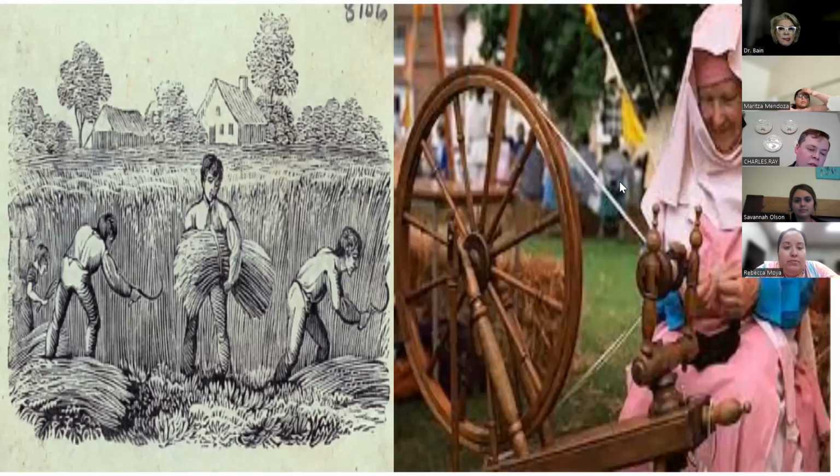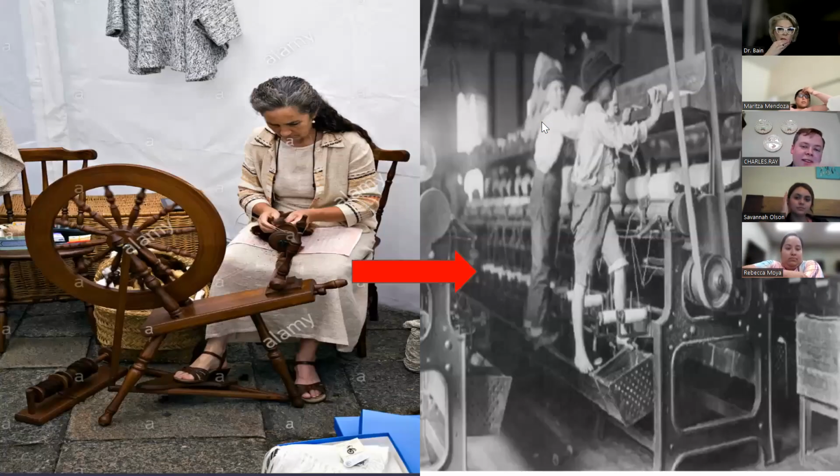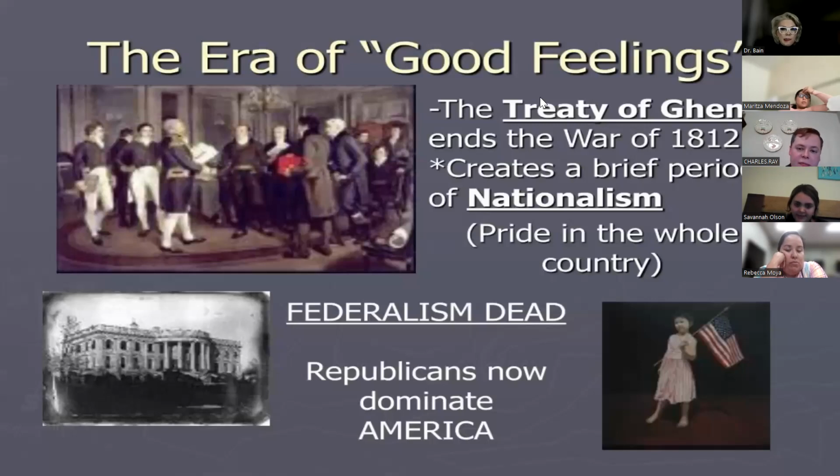Another reason why we're so optimistic is, before we relied heavily on the British for anything manufactured, and now we start to make our own. We can't buy from them anymore, so we'll start making our own things. We go from basically being a lot of farmers, a lot of homespun, and buying from the British, Mr. John Bull over here, to starting to industrialize. We'll start having our own textile factories. We invent the cotton gin, which unfortunately saved slavery. But other than that, that's basically the end.